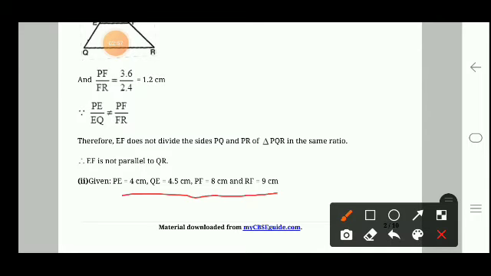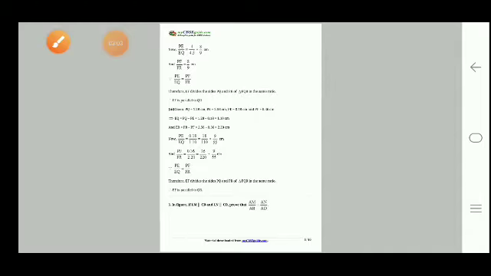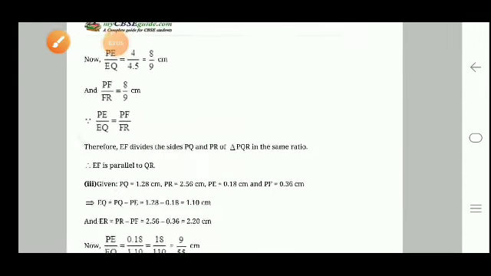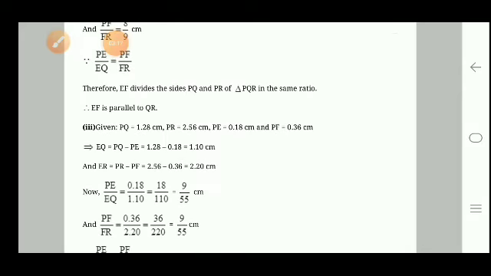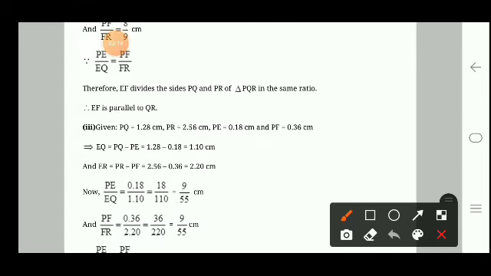Okay, so how to solve this? Same way, we find the ratios. So PE over EQ is equal to 4 over 4.5, which is equal to 8 upon 9. Then we have PF over FR is equal to 8 upon 9. So now we can see both have equal ratios. When both have equal ratios, it means that EF divides the sides PQ and PR in the same ratio. Now in the third part, if we see here, it is given PQ is equal to 1.28 and PR is equal to 2.56,